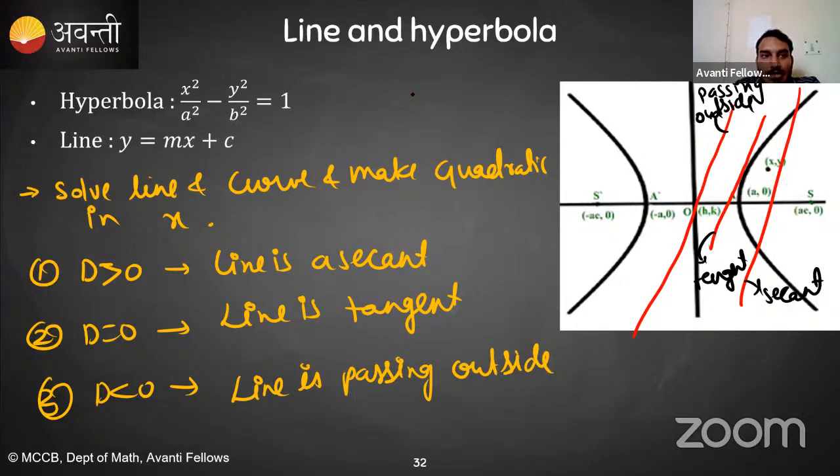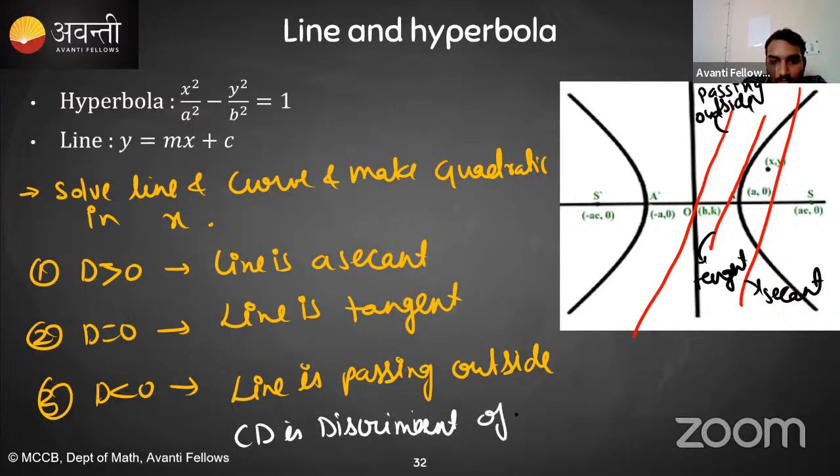Yes or no? Any doubts? Okay, what does D mean? D is the discriminant. D is the discriminant, meaning make the quadratic in x, okay, after that a quadratic equation in x comes, so D is this discriminant, b square minus 4ac. Okay, that is D. Clear? D is the discriminant of the quadratic equation. Let me write it down. D is the discriminant of the quadratic equation. Okay,